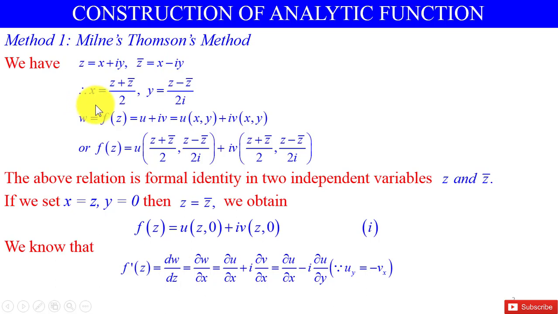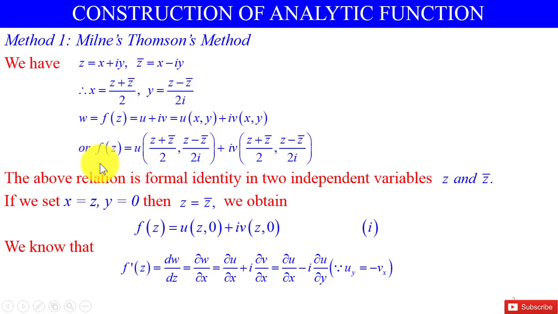Therefore, x is equal to (z plus z bar) by 2, y is equal to (z minus z bar) by 2i, and hence w is equal to f of z is equal to u plus iv is equal to u of x,y plus i v of x,y, where u and v are functions of x and y,